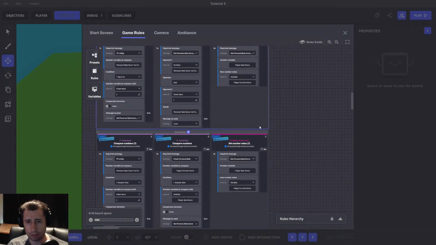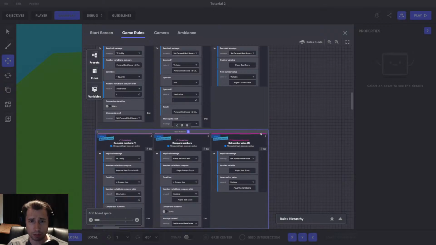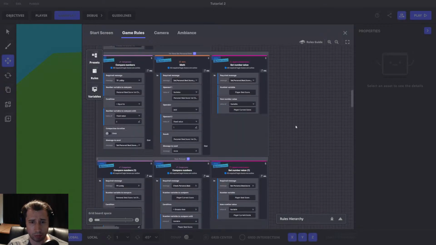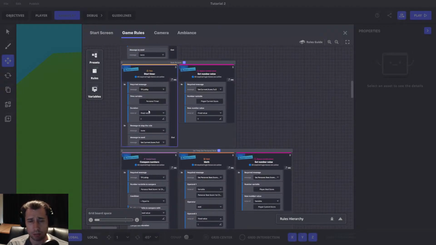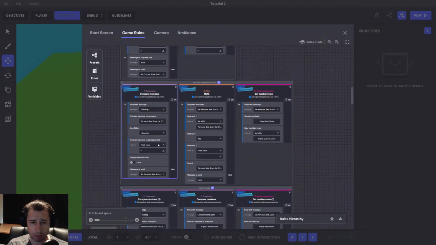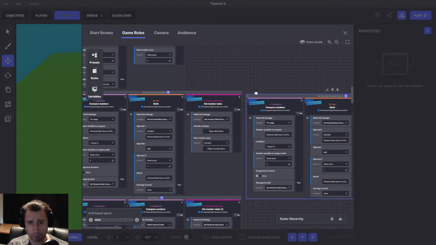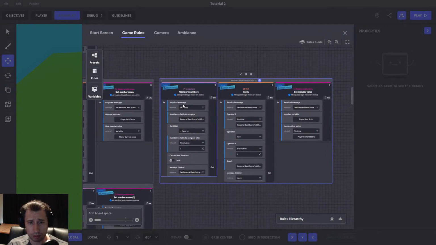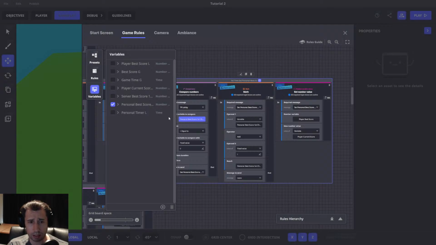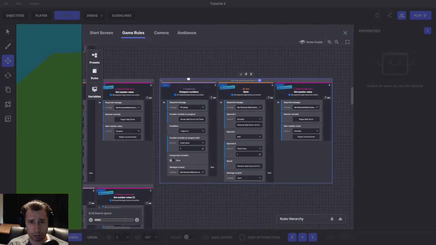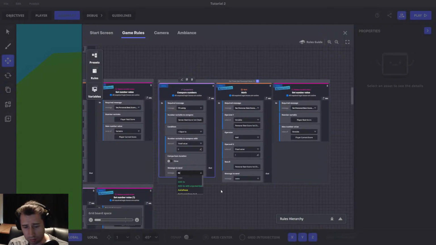Now to test it against the current lobby's map. So let's see how we can do that. So after the TP lobby, we're going to check to see if it is the personal best, and we're going to set it. So we're going to duplicate this whole thing. And what we're going to do here is TP lobby. We're going to see if it's the server's best first time. And if that equals 0, we're going to set